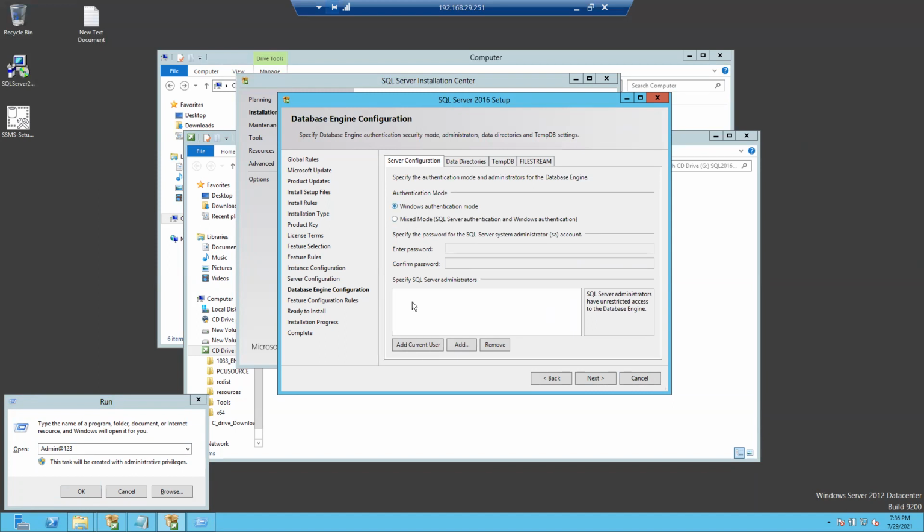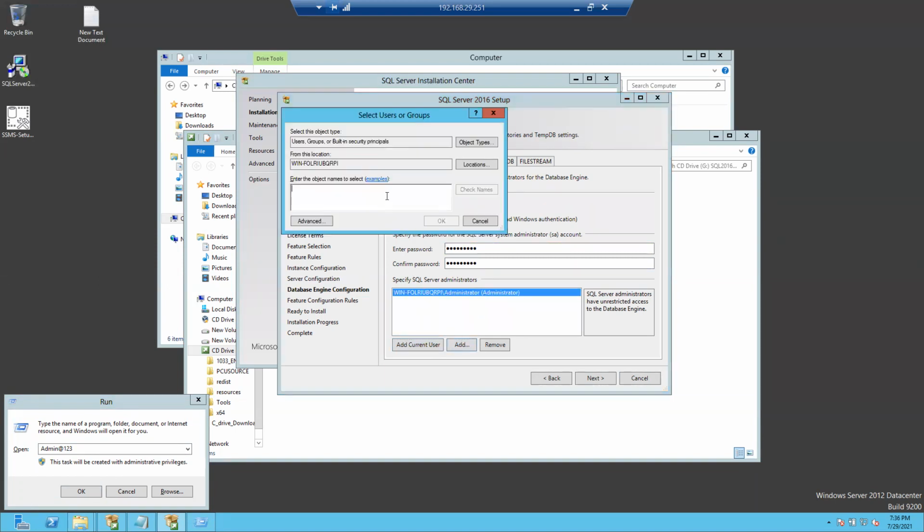I'm adding mixed mode here, and giving the password, and adding the current user. Add one more user.